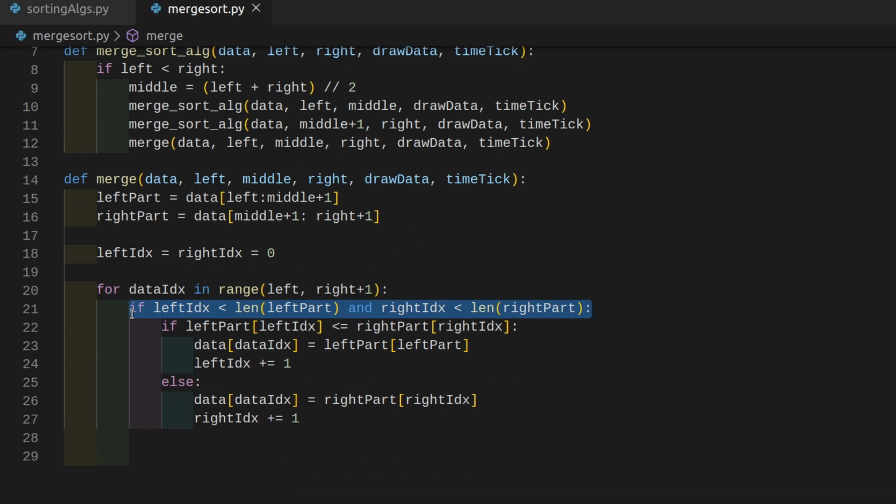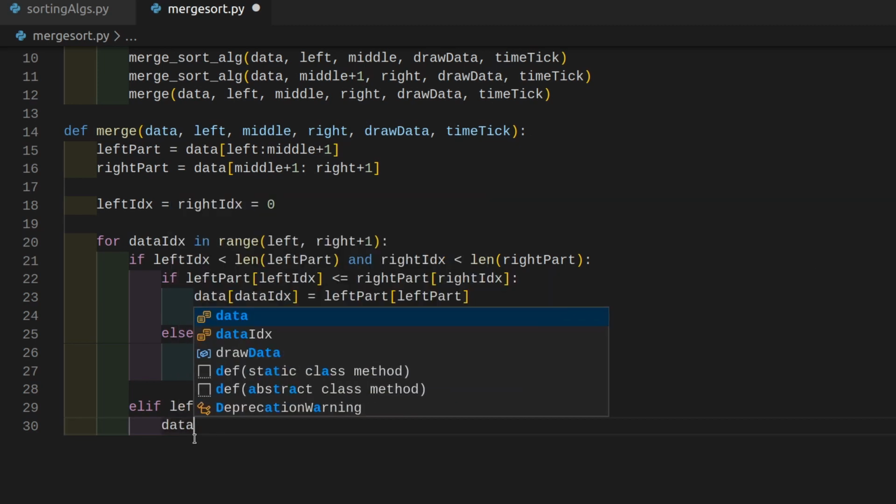Awesome. Now we have to check one more thing. So right here, the left index might run out of the left part array, but the right index might still be inside the right part. So we have to check which of those 2 we ran out of, because those 2 sublists do not have to be perfectly sorted so that they just put in one after the other, after the other, and so on. So now we want to check if the left index is still inside the left part,